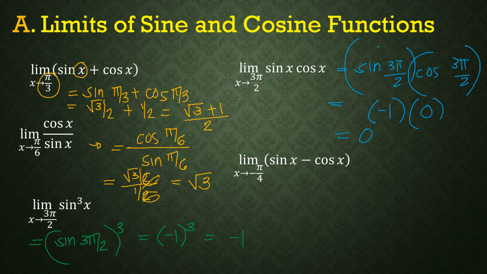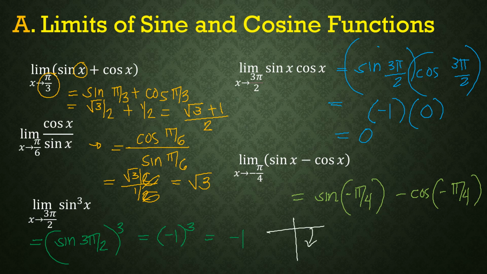So we have the next example. Let x be negative pi over 4. So we have sine negative pi over 4 minus cosine negative pi over 4. Okay, so where can we find negative pi over 4? That is on quadrant 4. So we have x that is positive and y that is negative. So it means to say that